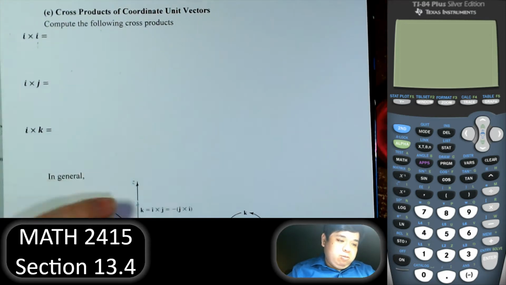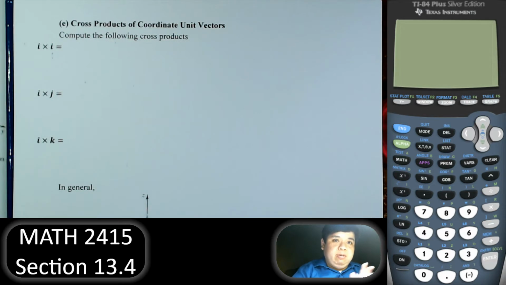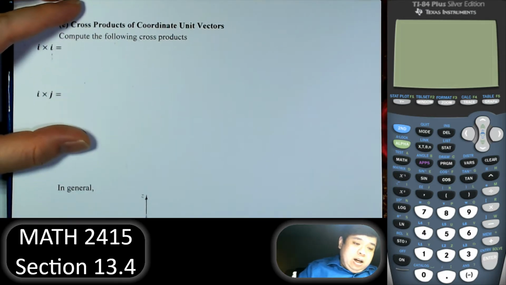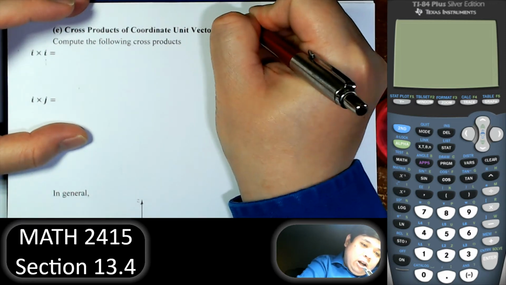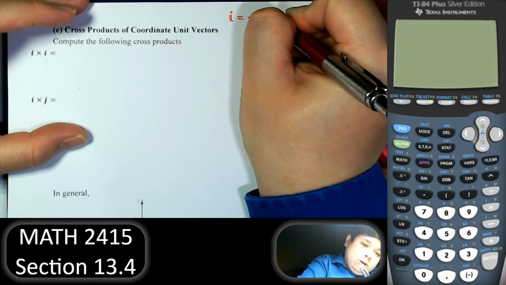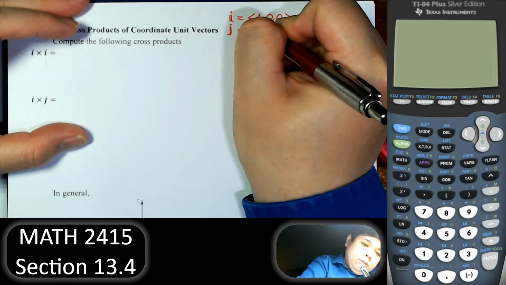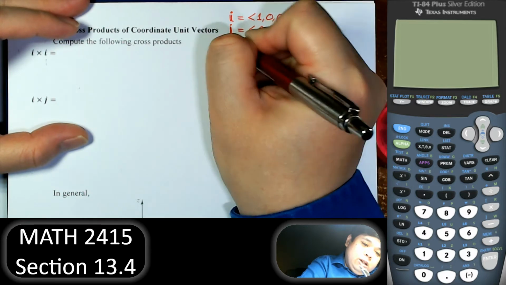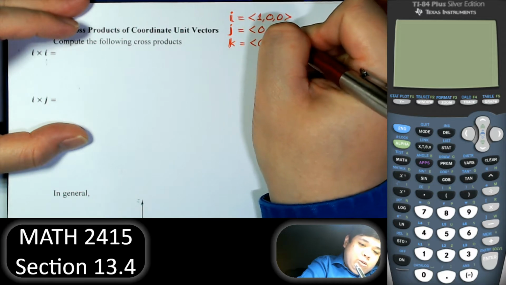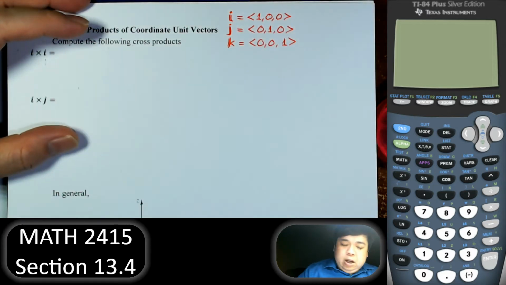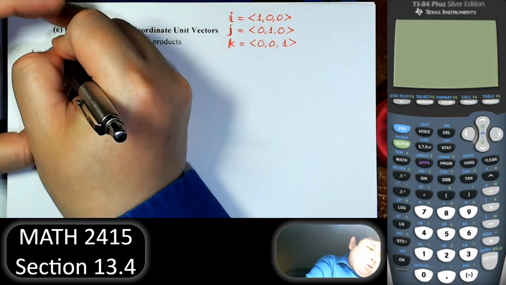Now, cross product coordinates. Let's define the cross product of i and i, the vector components. To recall, component i is (1, 0, 0), j is (0, 1, 0), and k is (0, 0, 1). Right. So the cross product of i and i, that's easy, is going to be